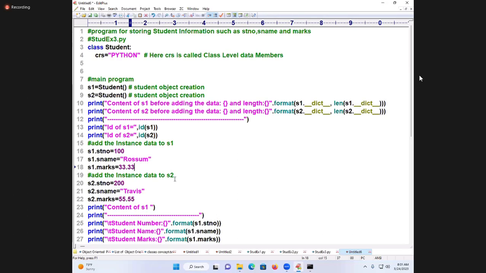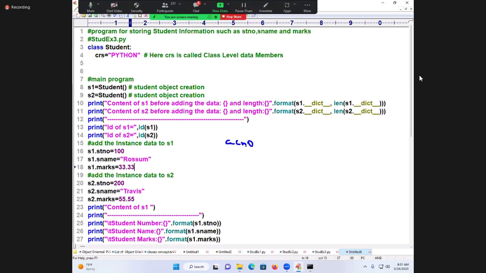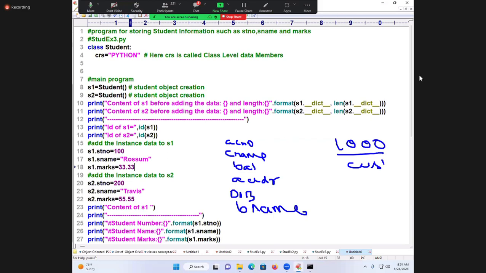To minimize my memory space, first you have to identify which are called class level data members and which are called instance data members. Take the account number, customer name, balance of the customer, address of the customer, date of birth of the customer, and branch name of the customer. Think of it: I have 1,000 customers with me, for whom I want to open accounts now. The account number, customer name, balance, address and date of birth are different for each person. They are specific. But the branch name is